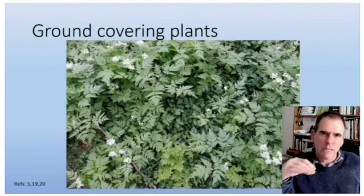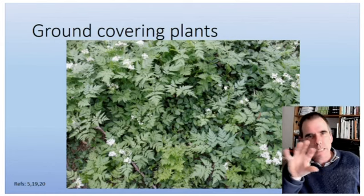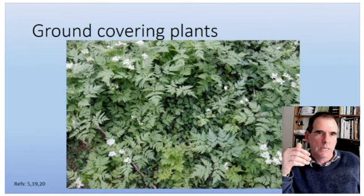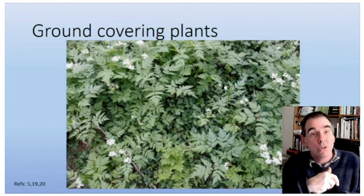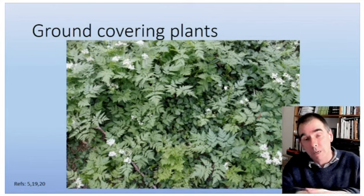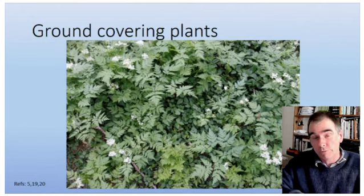Ground covering plants, really, really important, and some of the pioneers of food forest systems in northern climates, I don't think really got this. Ground cover plants are very, very important for many reasons. Only one of which is, of course, they'll improve the rate of carbon storage in soil from woody biomass on the soil. So those logs that you've cut from your prunings, you've left down on the forest floor surface,